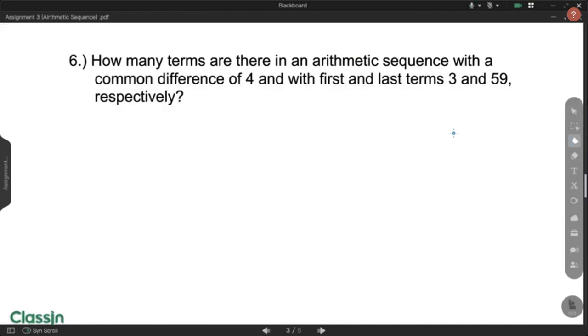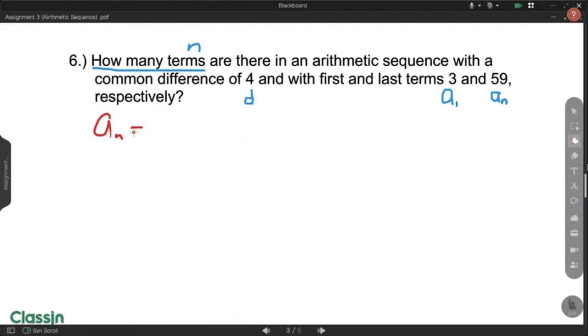Number 6. How many terms are there in an arithmetic sequence with a common difference of 4? That's our d. And with first and last terms 3 and 59 respectively. So 3 here is our first term, a sub 1, and 59 is our last term. We don't know yet the number of terms, that's our n, that's what we're looking for. So we will just label 59 with a sub n. We will use the formula